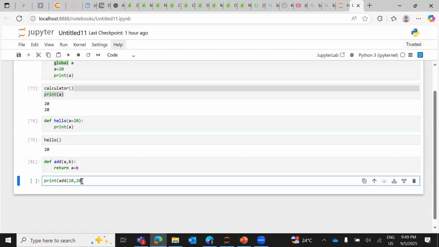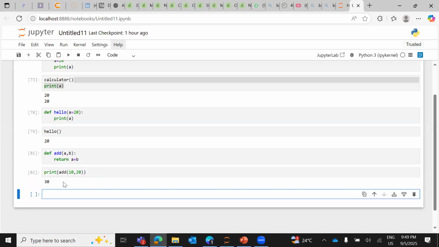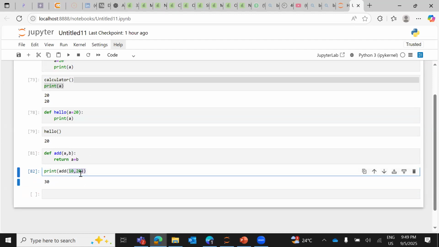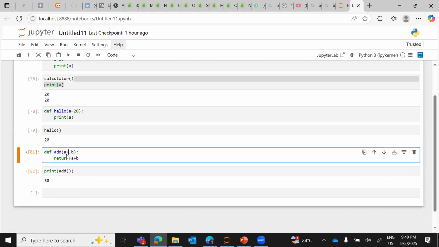10, 20 if I give, and then if I run this now, it's going to give me 30. But what if the user doesn't know that the add function needs two variables from my end? What if the user doesn't know and just sends one or doesn't send anything? That is when, for safety, you just use default values. A is equal to 0, B is equal to 0, or A is equal to 10. If I don't give anything also,